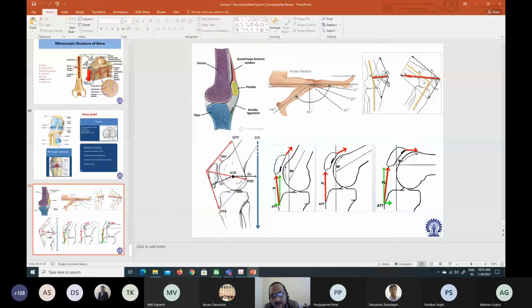which I will discuss. So you can see the knee flexion and extension. When you flex the knee, you actually bend the knee. The opposite movement is extension. So flexion and extension are just opposite movements. I'll come to this slide later on, but let me just